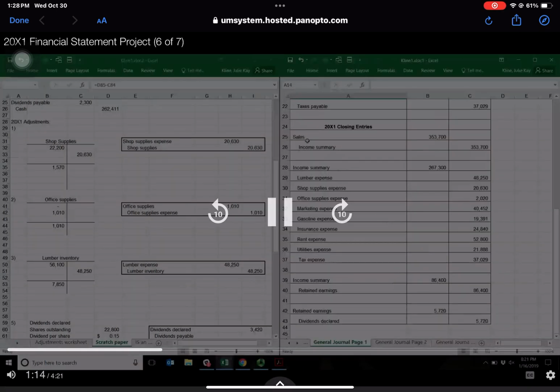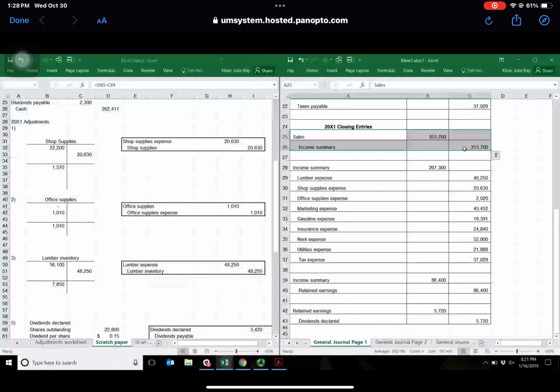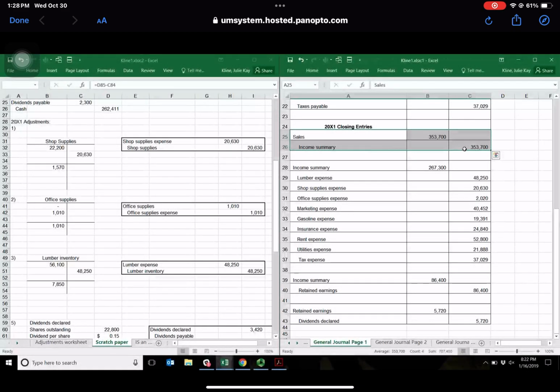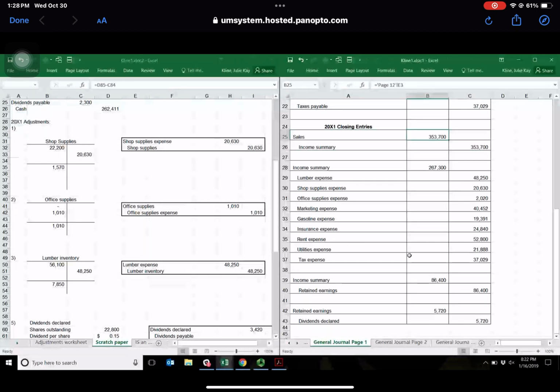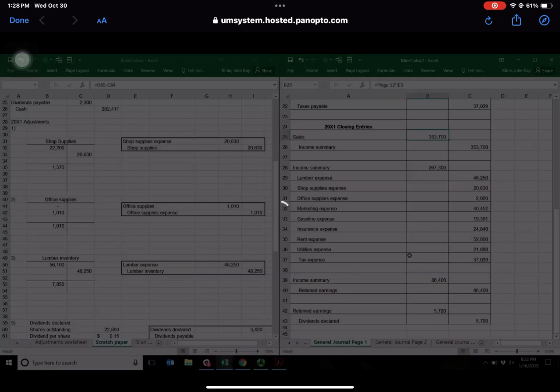problem, we have closing revenue, right? That's the first thing we do. All of our income statement accounts need to be closed. At the very top of that income statement, we have sales, and that sales account has a normal credit balance, but we want it to be 0 because we want to zero it out, put it in